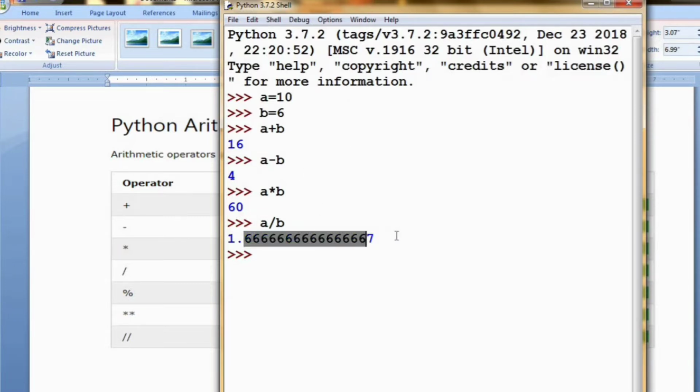If I want this as an integer, that is, removing this fractional part, then I have to print A double divisional of B, that is 1, because the integer part of this floating value is 1 and the decimal part is 0.666. Now I want to neglect this, so I have used the double division operator. So it has returned 1. If I want the remainder of the division, then I have to use this modulus operator. Pressing shift plus 5 gives you the modulus operator and the remainder will be 4.